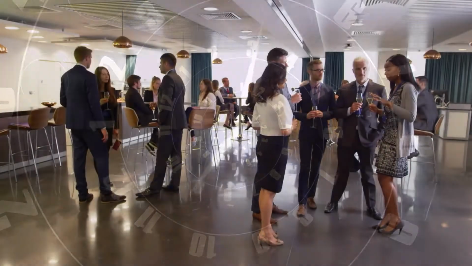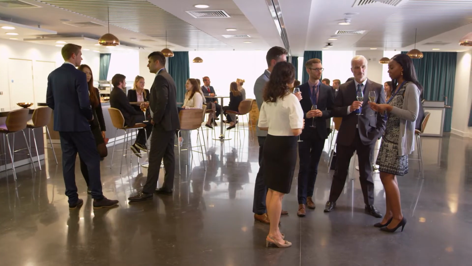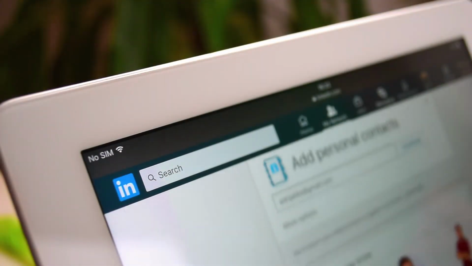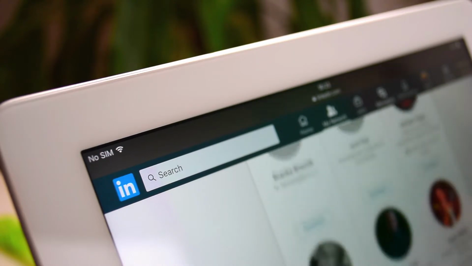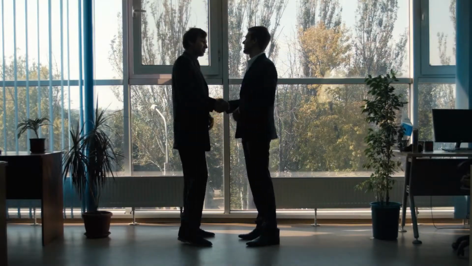Either in-person networking events, or you could go to a Facebook group, or you could go to LinkedIn to connect with other business owners or to connect with other people that have similar interests to you and start creating conversations and taking online conversations to offline and taking offline conversations in person to online and creating long-term relationships and keeping touch with these people, adding them to your sphere of influence.